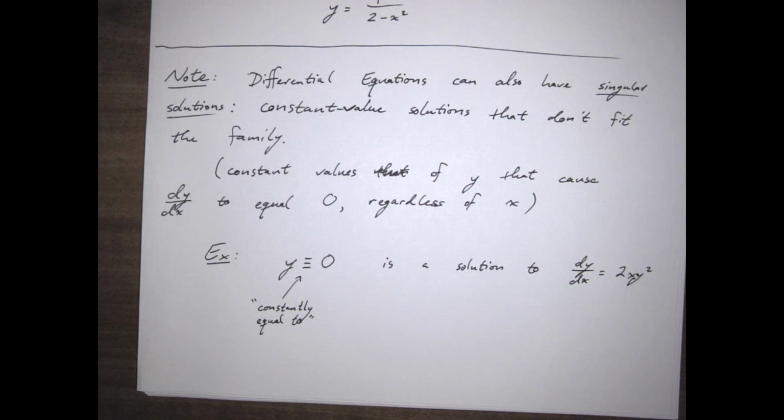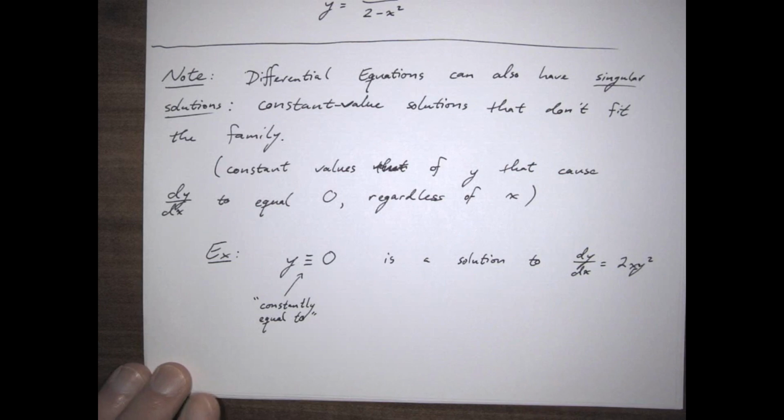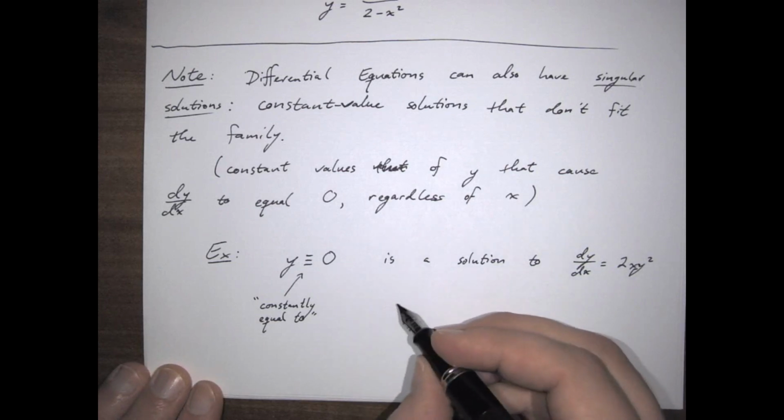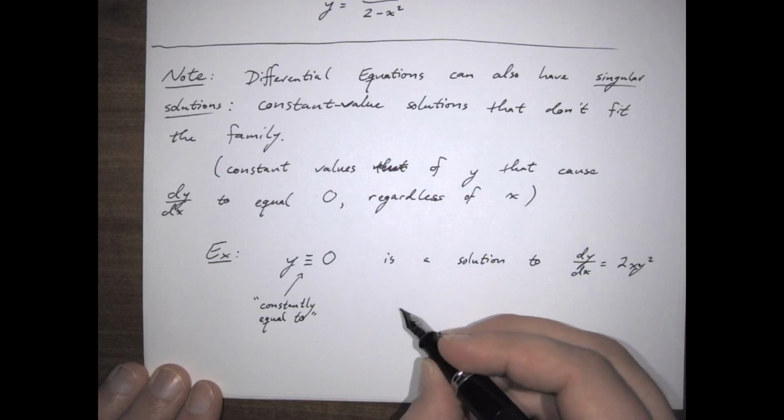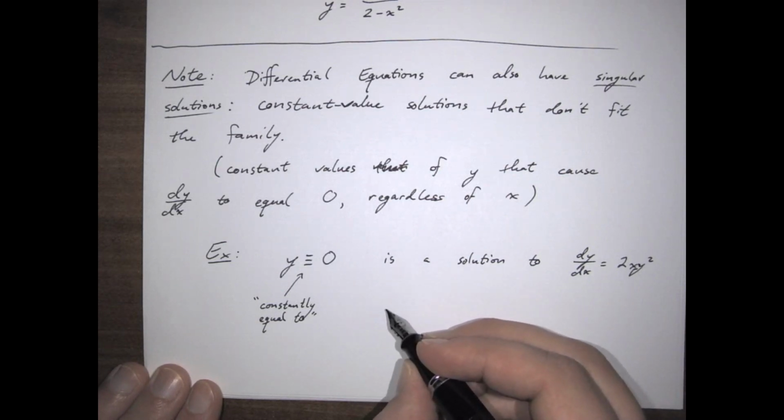And that would give you 0 equals 0 on both sides of this differential equation. And so it would certainly qualify as a solution to this, but it also is not a member of the family. So this is a solution to that, even though it is not of the form